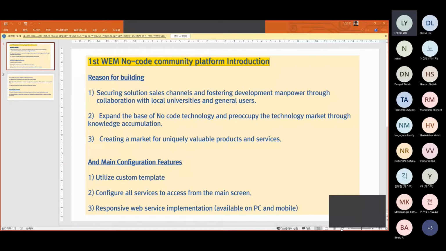And the main configuration features are: first, utilize custom templates. Two, configure all services to access from the main screen. Three, responsive web service implementation available on PC and mobile. And four,